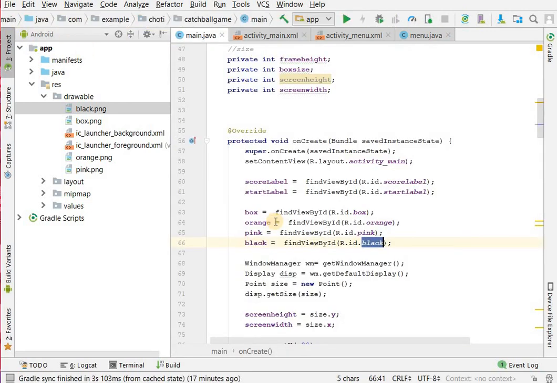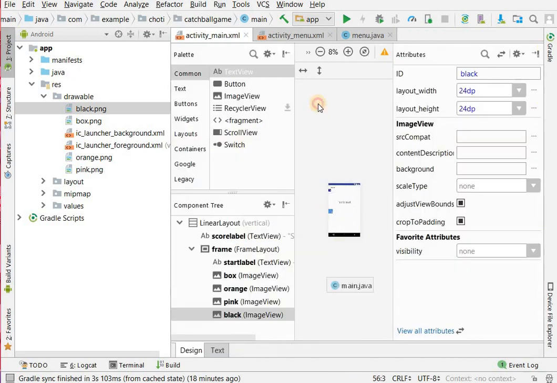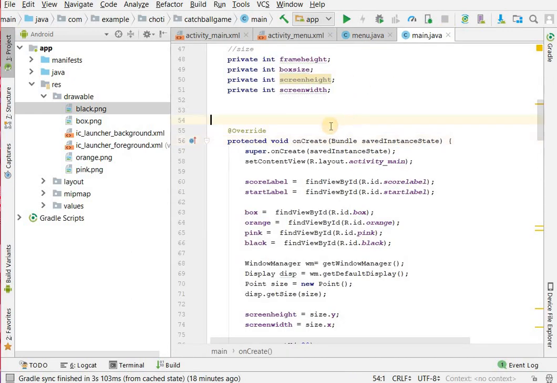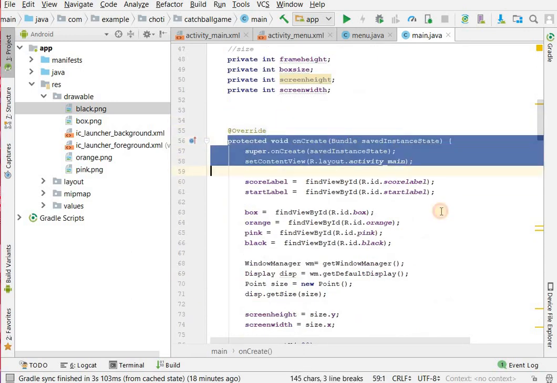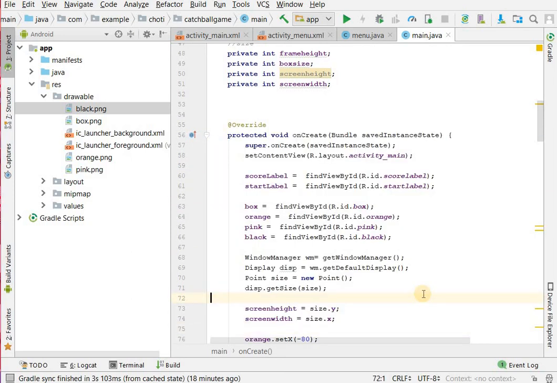Let's go back to our main. So let's look at the first function here. The first function here, जब हम program start करते हैं, it's the protected void on create bundle. So what the on create bundle is, it's the constructor, it's the first thing that executes on creation of the activity.